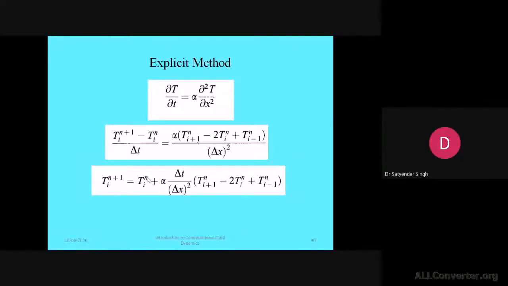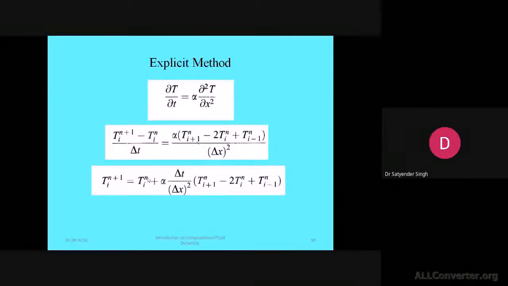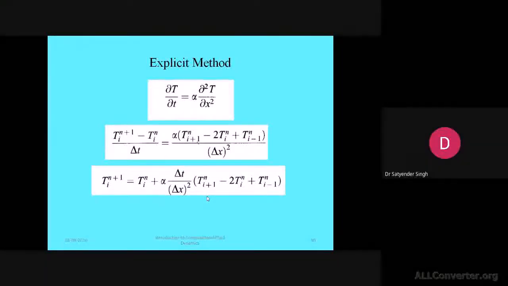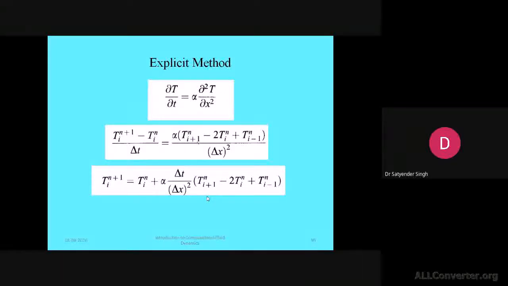Let's say you have a bar which is at 20 degrees Celsius initially, and then you applied one heat source on one of its ends, and at that particular end you have created 100 degrees Celsius, and you also applied another source on the other end which is maintained at 25 degrees Celsius. So initially the whole rod at its different discrete points is at 20 degrees Celsius. With respect to time, its temperature will increase. Accordingly, we have to solve the problem for the next time levels.